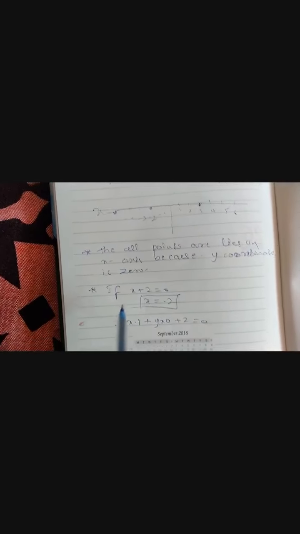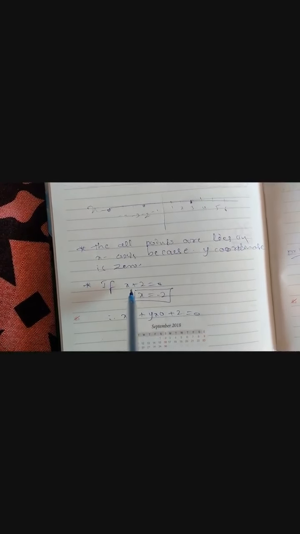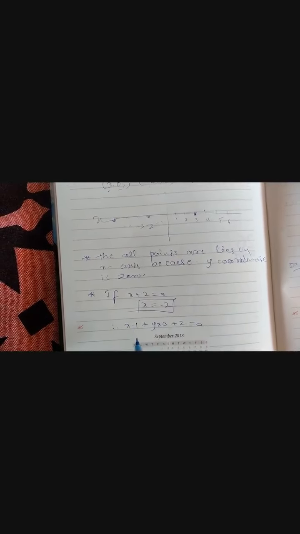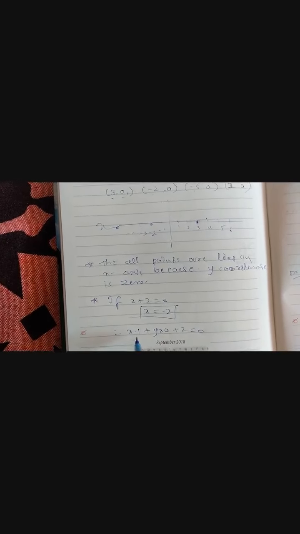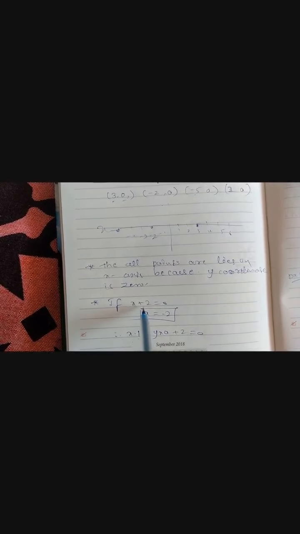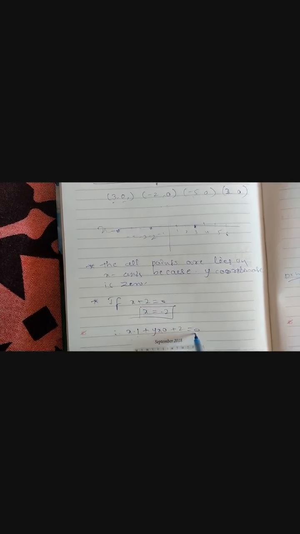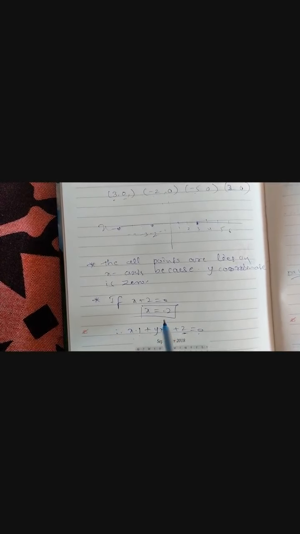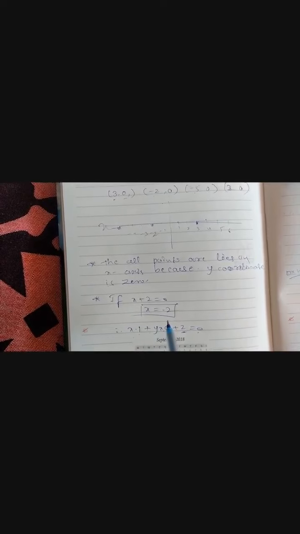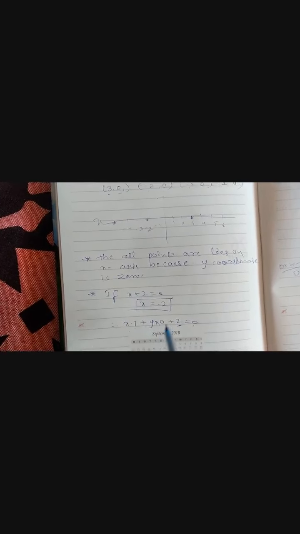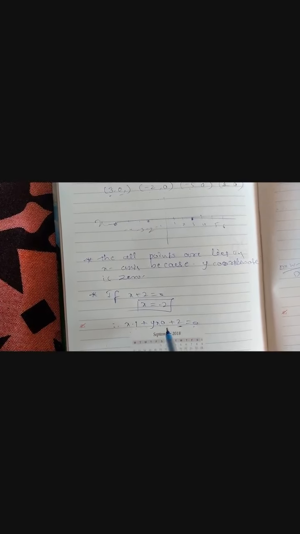You know how to write that. This equation you have to show in the general form of the linear equation in two variables, so we'll write x into 1 plus, there is no y term, so y into 0 plus 2 is equal to 0. 2 is the constant. So this is a representation of the linear equation in two variables, but it has infinitely many solutions.